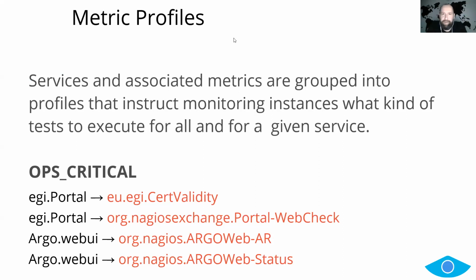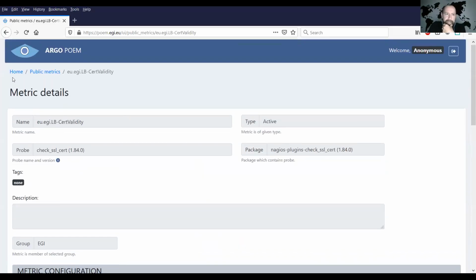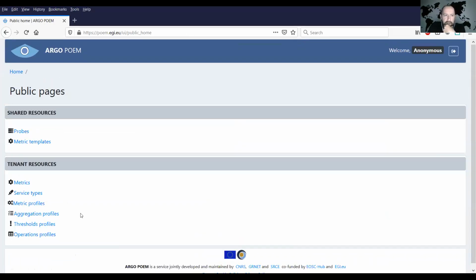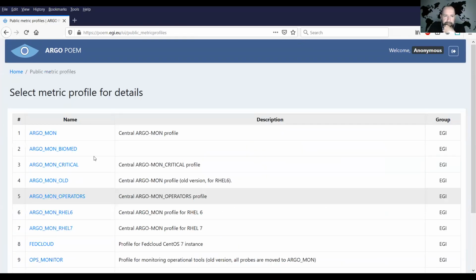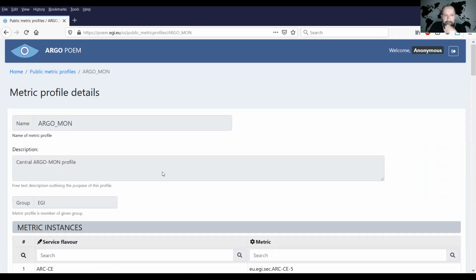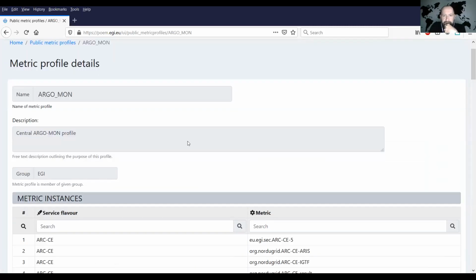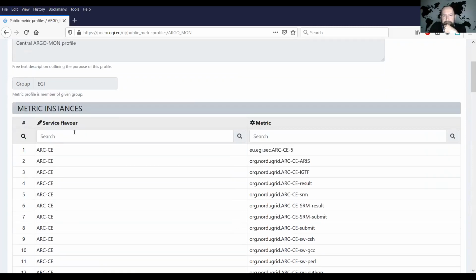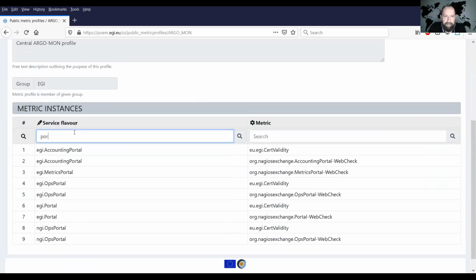So just to show you metric profiles, I'll pick the most popular one. You can still see all this on these public pages. Going back to home, metric profiles. The Argo mon is sort of a catch-all, and there are a few of them which are old. We haven't removed them. So for example, EGI portal.